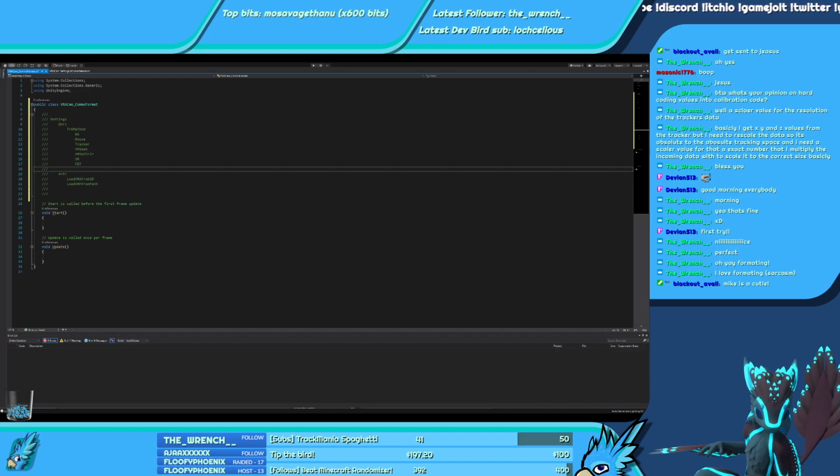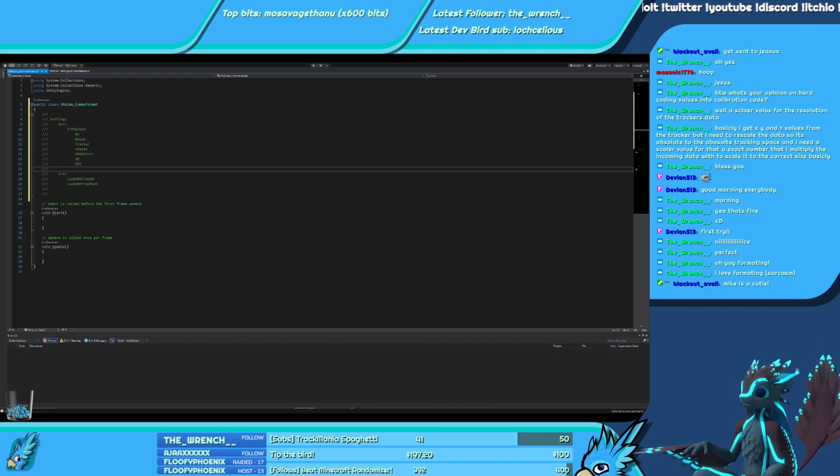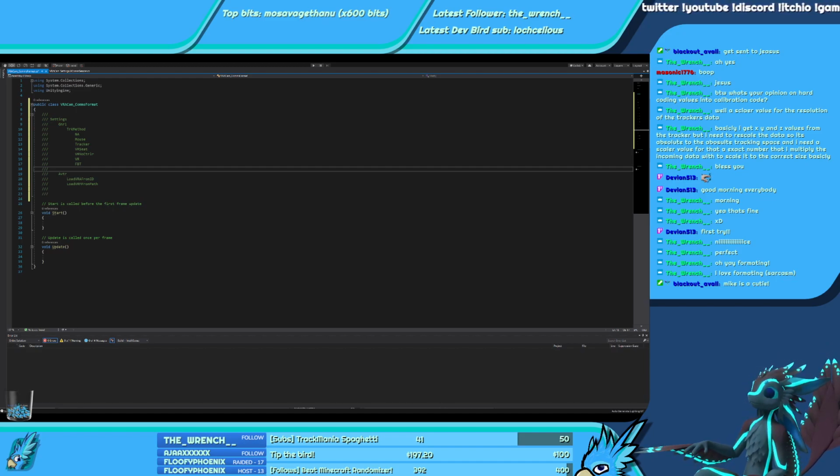Tracking method. Do I have a real blur height? No. Let me check. I know I have a real height setting somewhere in my code.